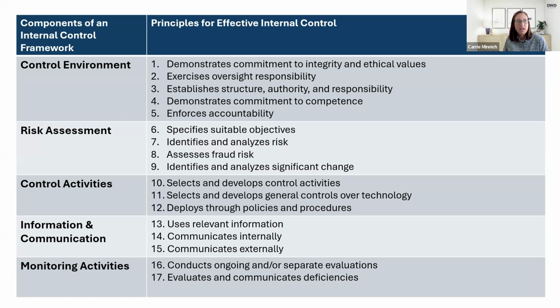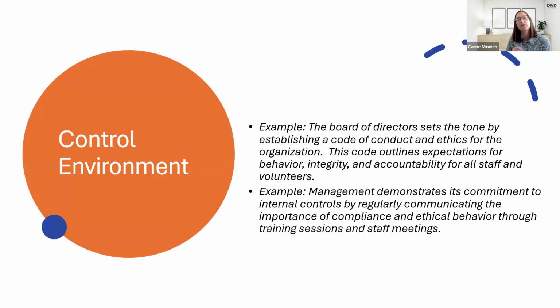Now, when you look at the screen, we have 5 different components of internal control, 17 principles for effective internal control. And then there's also maybe, I don't know, additional like 81 or 61 additional pieces that fall under the principles. So it might be overwhelming. However, we want to take a look at what this means to your organization. How can we apply it to your nonprofit? Even if you are a small volunteer-run nonprofit, how can we apply this COSO framework to help with internal controls? So we're going to specifically talk about the 5 components of internal control first.